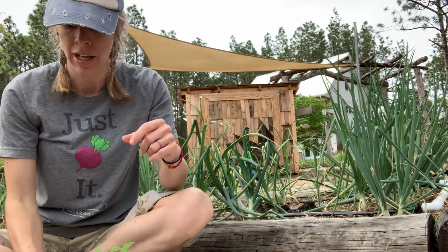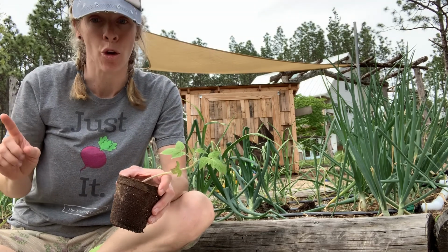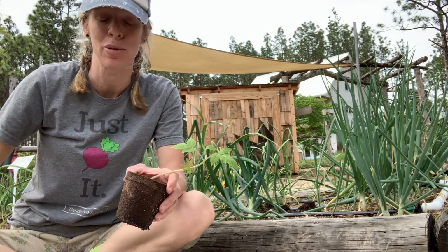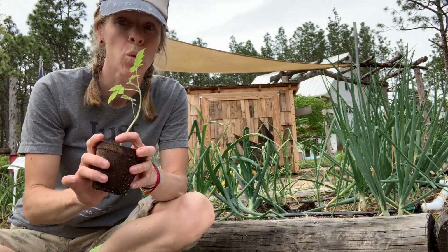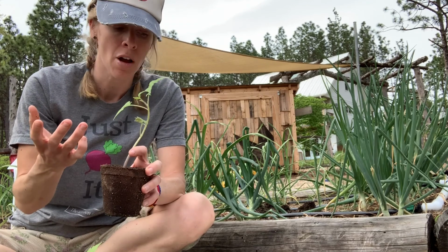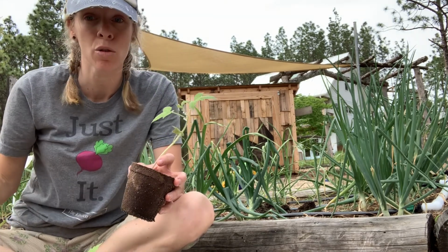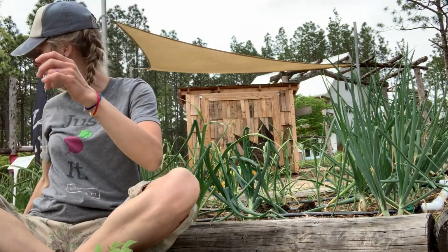Today we are talking about determinate tomatoes. There are also indeterminate tomatoes. Those are a whole other beast. We're not going to talk about those really today. Today I am planting some determinate Roma tomatoes. These are also called a bush tomato. They're compact. They are not going to grow above 5 feet, sometimes not even above 4 feet, which means